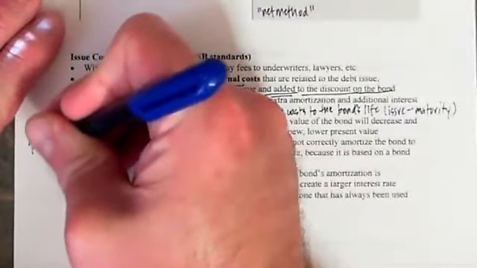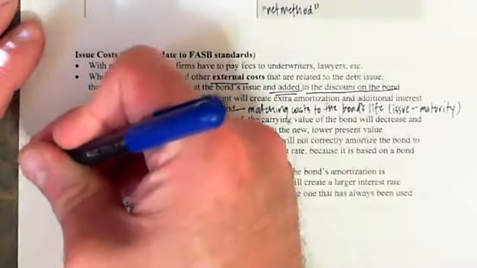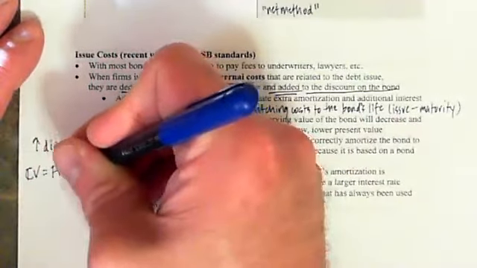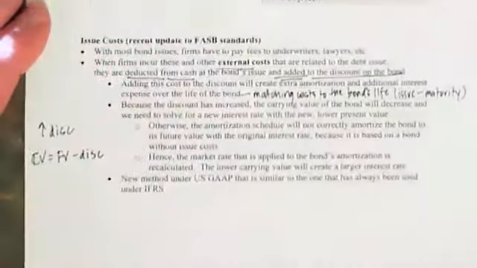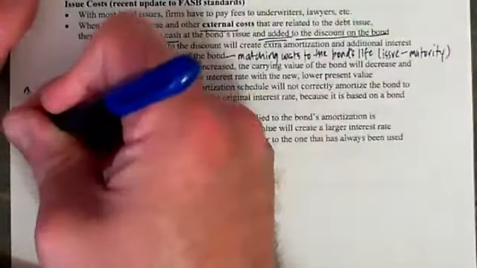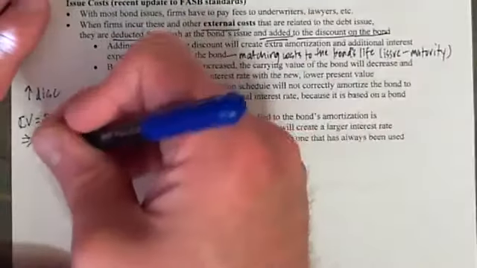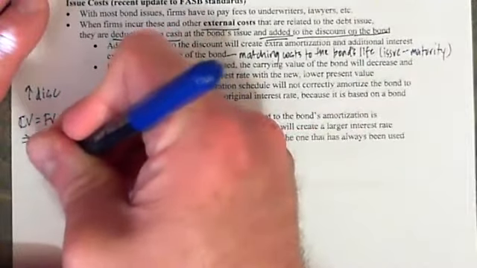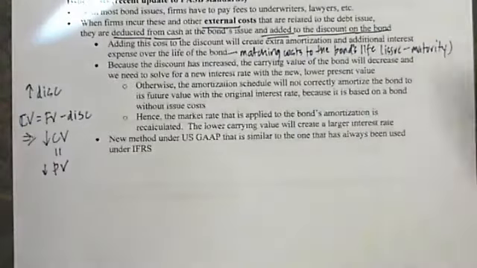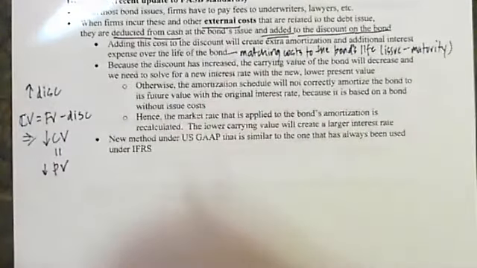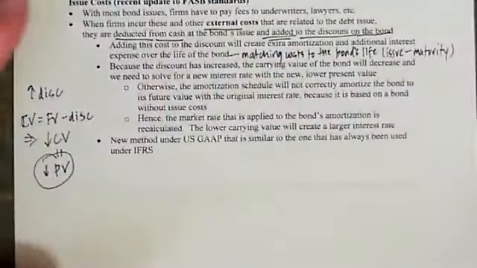So once the discount increases, it has a sort of secondary effect. When we increase a discount, remember that the carrying value of the bond is equal to its face value less a discount, if there is a discount. So if we increase the discount, then we're going to decrease our carrying value. If we decrease our carrying value, we are going to decrease our present value, because remember, the carrying value of the bond and the present value of the bond are linked at all points in time under a time value of money system. And now, since we've decreased the present value of the bond, we have to calculate